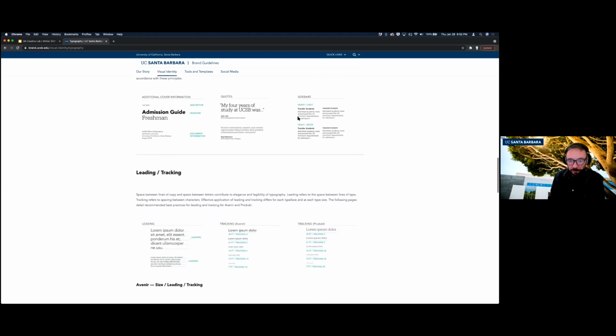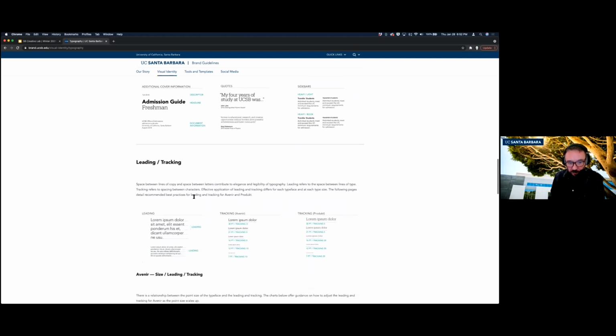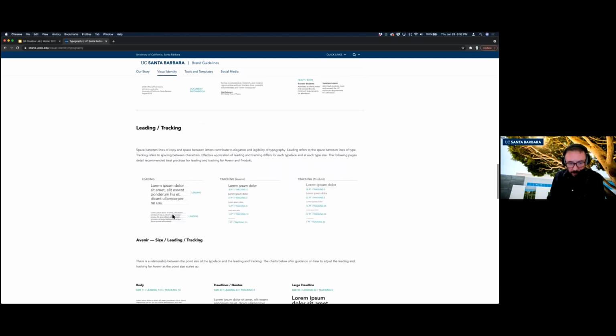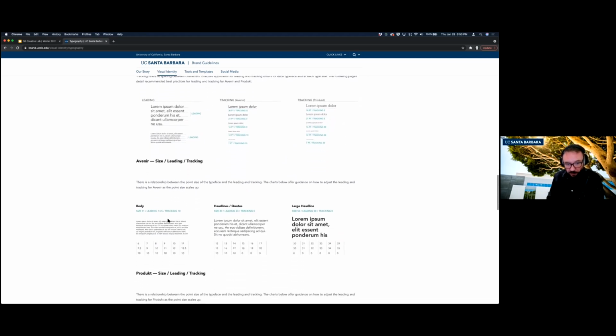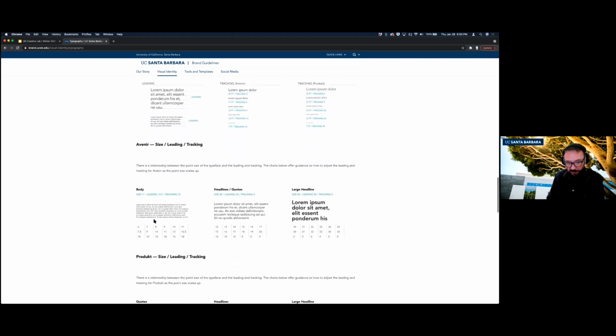So you'll see lots of examples of this, and there's some specific information on leading and tracking. And like I said, most of this is, this is a comfortable leading. If you're not familiar with leading, leading is the space between lines of type. This is a comfortable leading setting. And as we go deeper here, we've got actual body sizes and leading sizes. So if you follow this, you'll make nice legible type. And that's the goal for any kind of visual identity guidelines. Follow these guidelines, and you don't have to reinvent the wheel. This is how you make a nice paragraph of legible type.